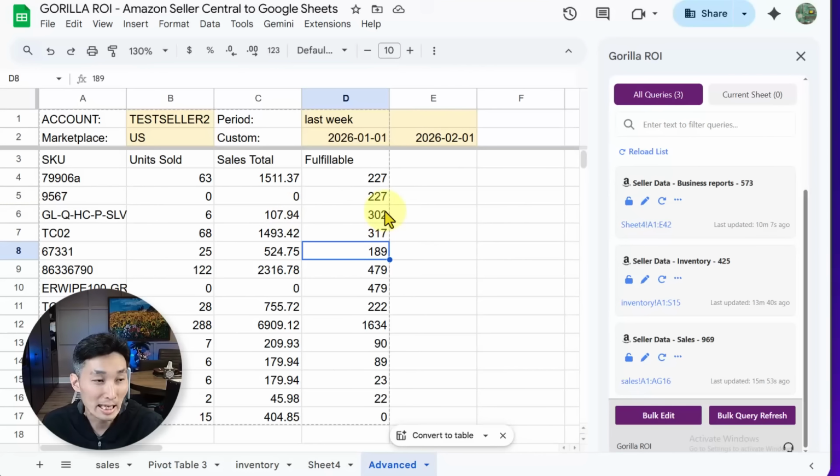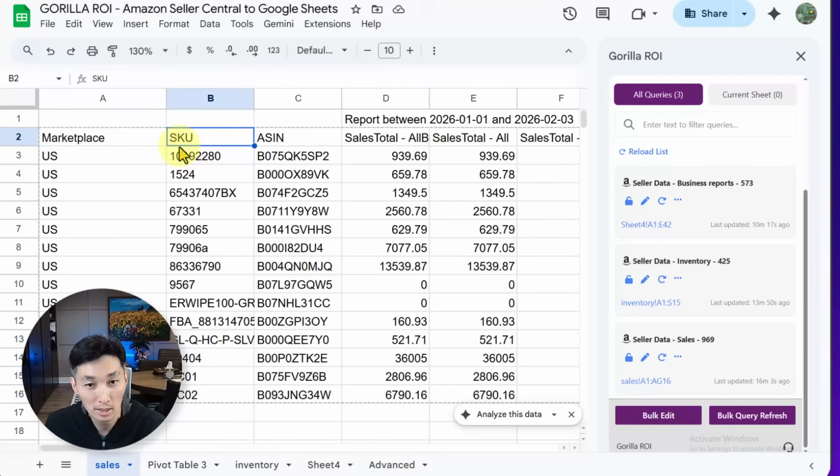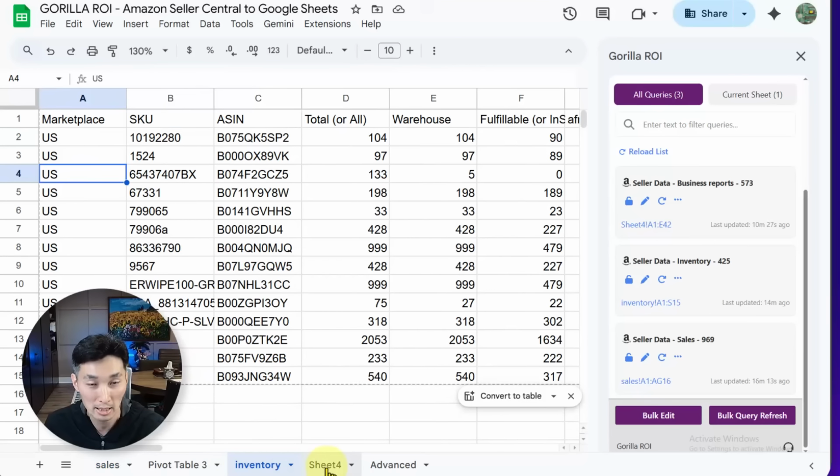So now that you've seen the regular version as well as the advanced features we offer, one thing to just keep in mind is that we purposely try to keep things as simple as possible. Best practice is to keep it separated. Keep your data in different tabs. Do not mix data if possible. It's always better to have way more tabs with individualized siloed data as opposed to a single tab with a million rows of data that just continually overwrites each other, or you're just having trouble trying to figure out where something is.